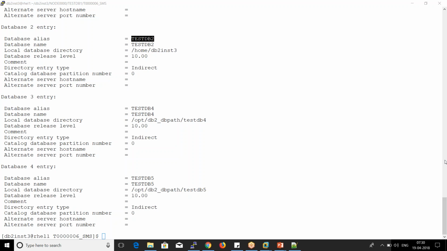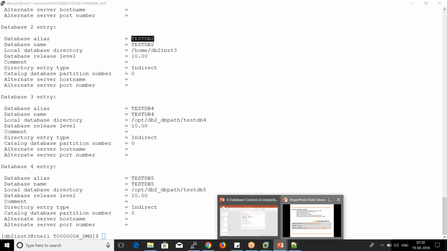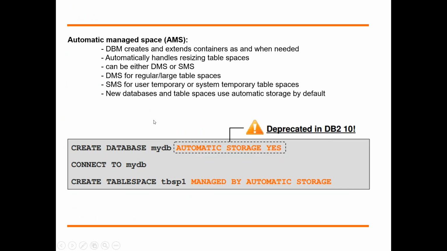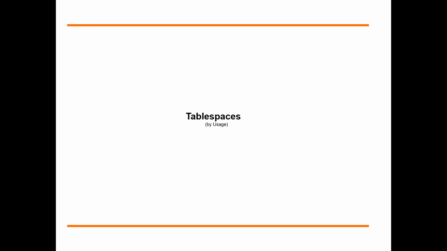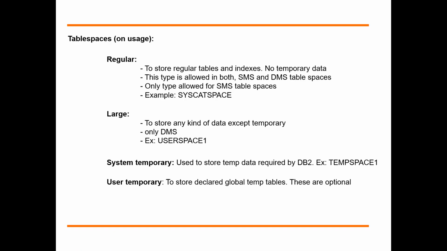In a real-time production, mostly it will be, yes, it's a DMS right now. Yeah, not just right now, for many years it's been DMS. Okay, now let's move on to the second category of table spaces. The first category we have looked at is the way the storage is managed, SMS or DMS. Now the second category is based upon how much data we can store within a table space, right? Before I do that,